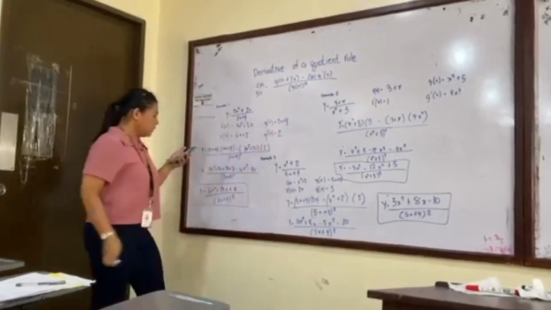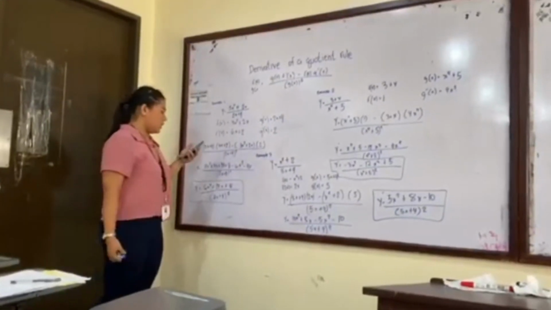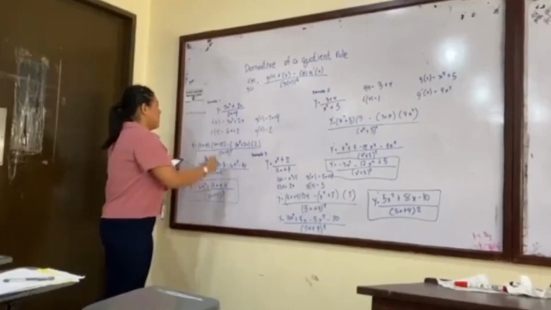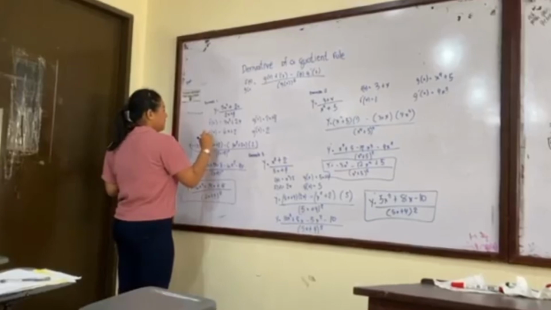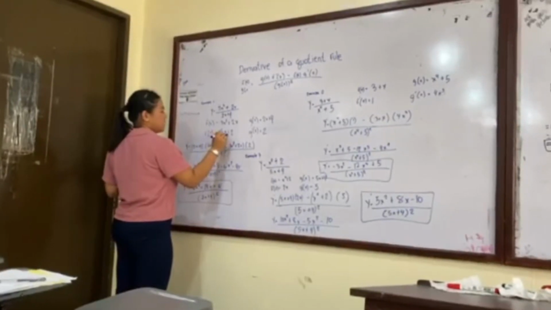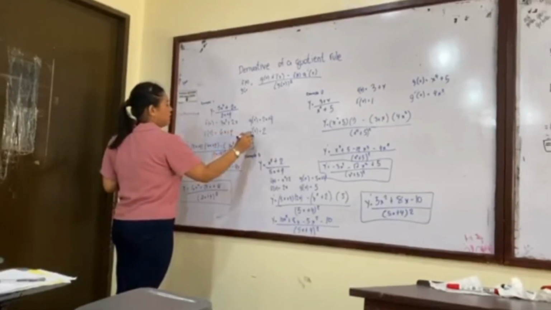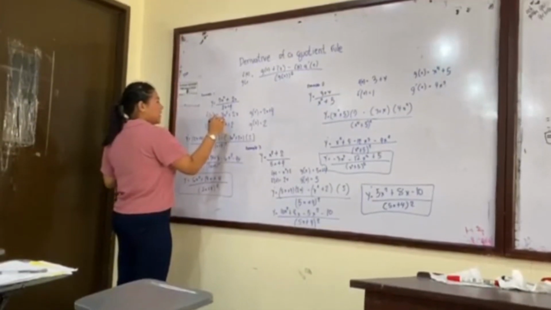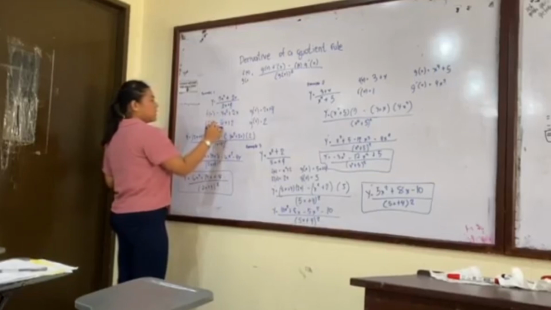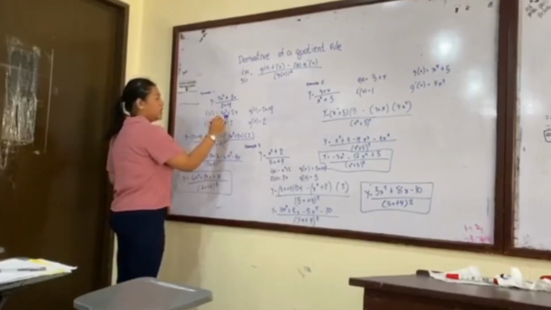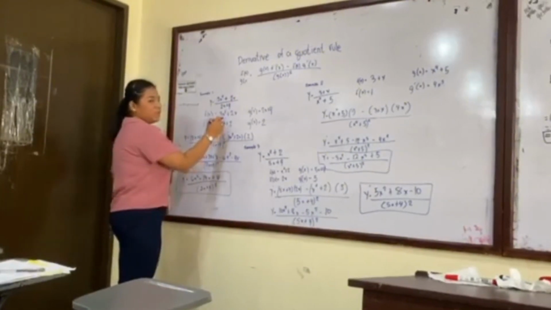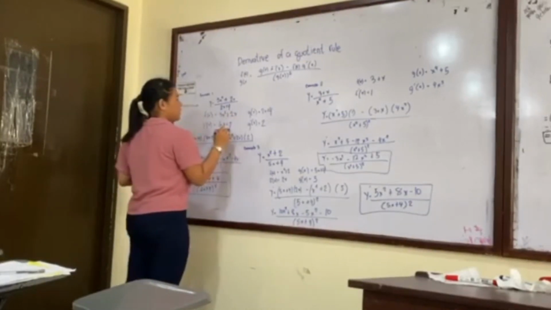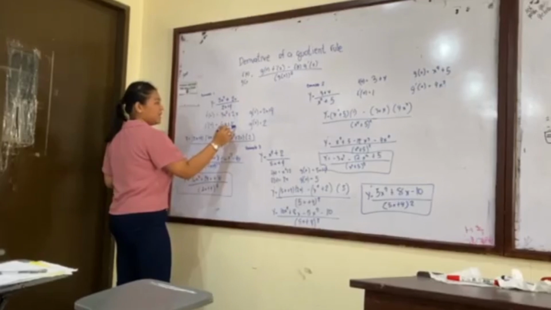Before we use the formula, we need to get the first derivative of our f of x and g of x. F prime of x is equal to 6x plus 2. And our g prime of x is 2. Parang siya nakuha. 3 times 2 is equal to 6. Minus 1 sa exponent is magiging x na lang, so hindi natin siya susulat. Then, next is 2 times 1 is equal to 2. Dahil 1 na lang na natira, hindi na natin isusulat sa x.